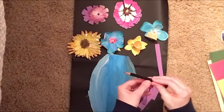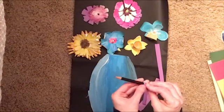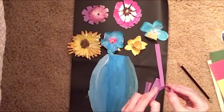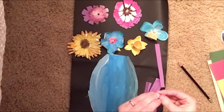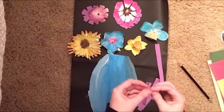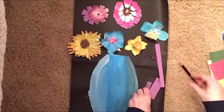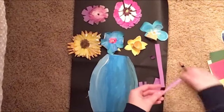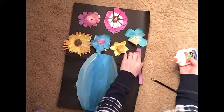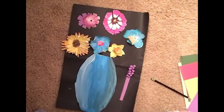So what I can do now is wrap it around. I want it to be pretty tight. And you see how it's got that quill on there? So I'm going to go ahead and do a bunch of those. Now that I have a bunch of quills, I'm going to glue them onto my other piece of purple paper